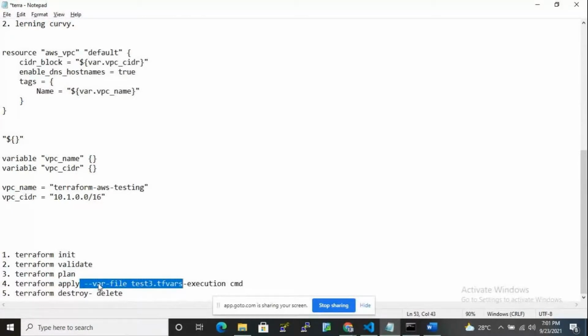Control C, control V. In plan also same command. Okay, so if you want to create multiple resources, you can use only this format. Okay, so then next,